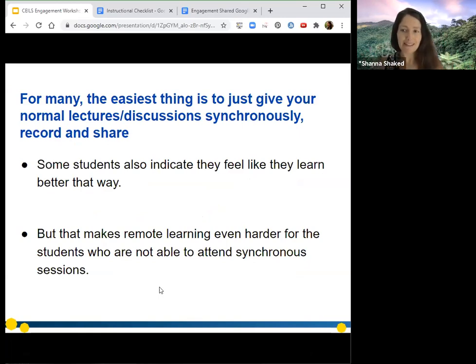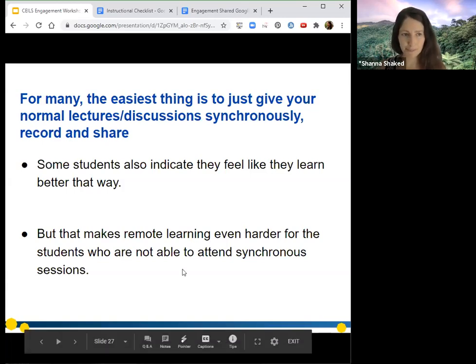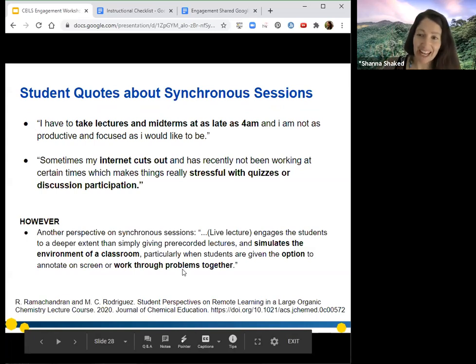But I do want to remind us that there's a lot of cognitive psychology studies on how students feel like they learn better versus how they actually learn better. And think about the students who aren't able to join synchronously. Instead of watching a nice asynchronous learning experience, they're watching a lecturer talk and some people asking questions in chats, and so not getting as good of an asynchronous session. That's what we want to think about. So I'm going to hand it over to Katie.